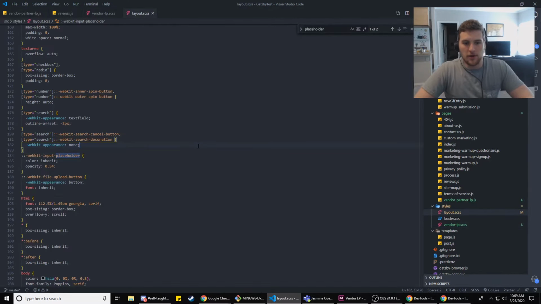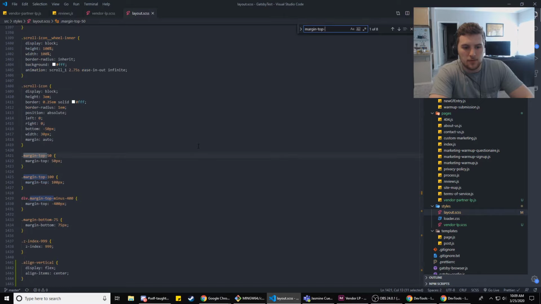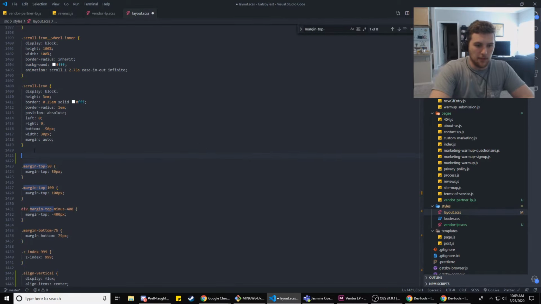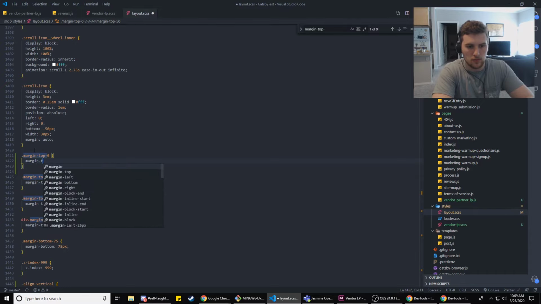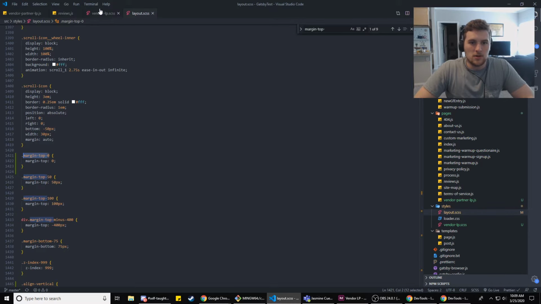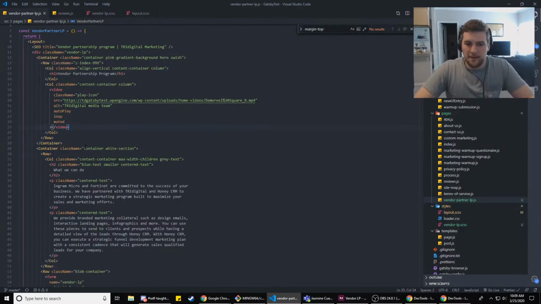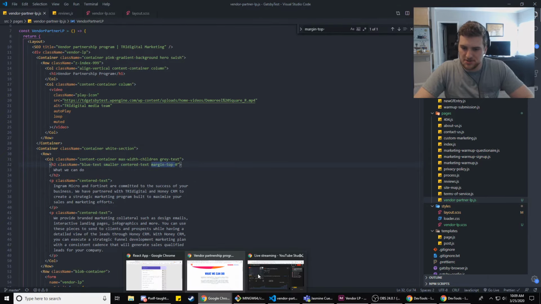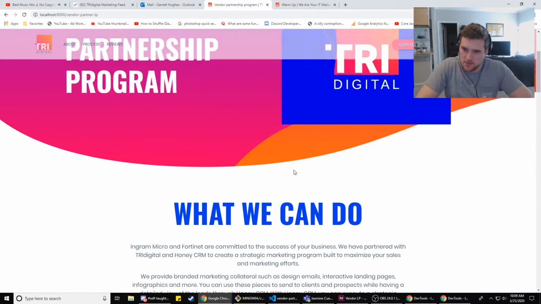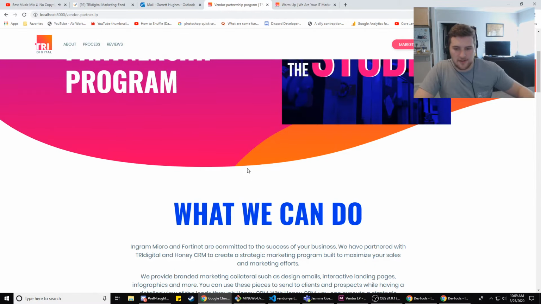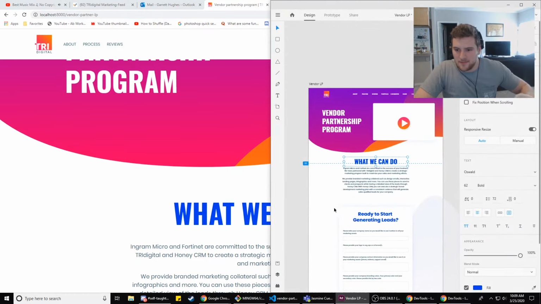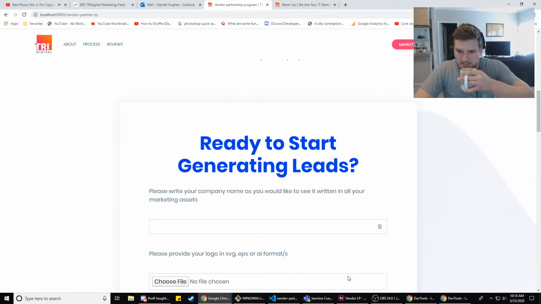So we're gonna go over here and then we do margin top. This is probably a horrible way to do it, but I like to declare specific margins and just use those, because they say they want us to get these as pixel perfect as possible. So I have to declare stuff to get it pixel perfect, you know?